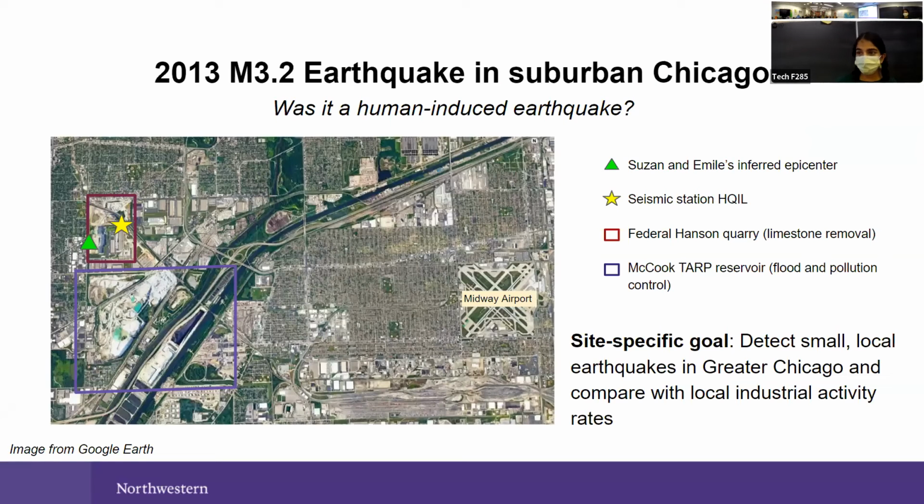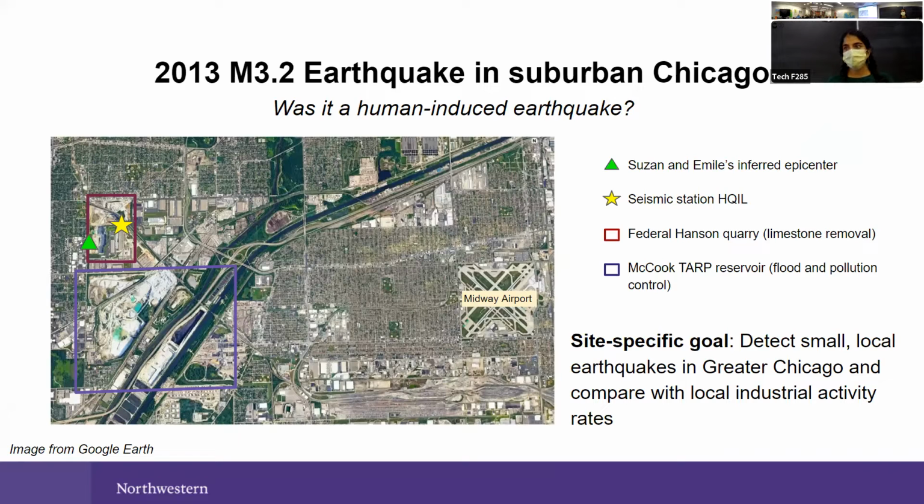So for my seismology project, I'm investigating this 2013 earthquake that happened in the Chicago area, right next to these major industrial operations. The red is a limestone quarry, and the purple is a big flood control reservoir. Because of this unique location and some other factors, we believe this earthquake might have been induced by human